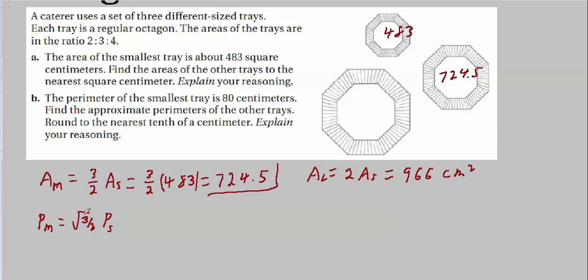And this number is still greater than 1, so far our equation makes sense. We're going to get a number here for this medium perimeter a little bigger than this one. What does this turn out to be? So if we do our calculation here, square root of 3/2 times 80, we get 97.98. They wanted it to the nearest tenth. Well, this rounds off to 0 and brings this up 1, so to the nearest tenth, it's 98 centimeters.